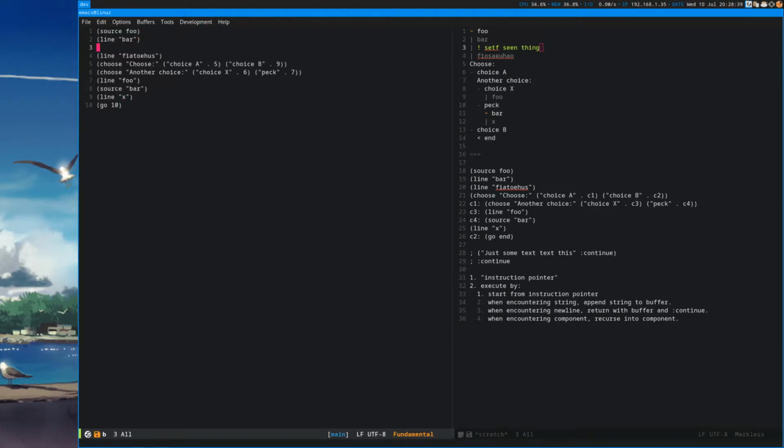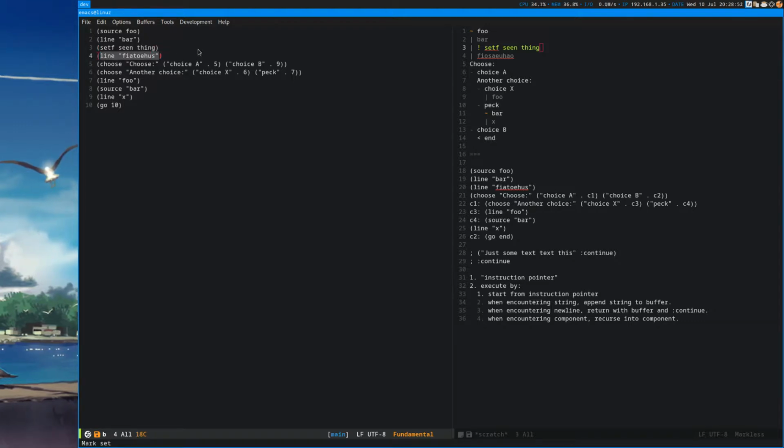So you would have a setup in here, and it would actually evaluate this and then go on to the next one before returning. So when control flow exits this